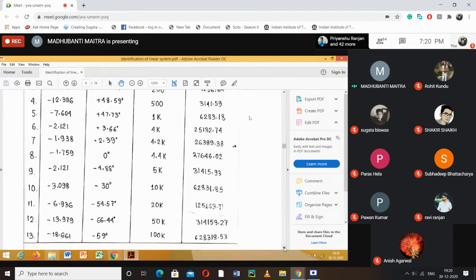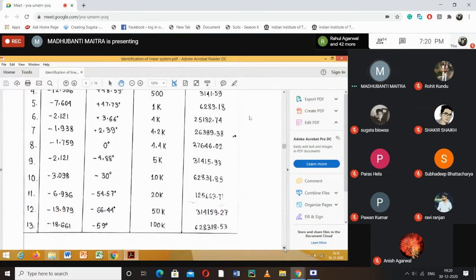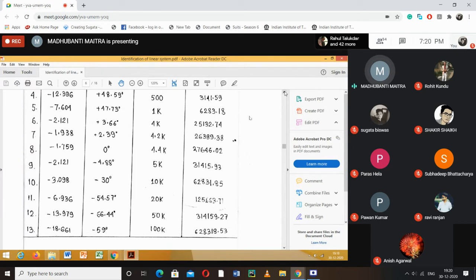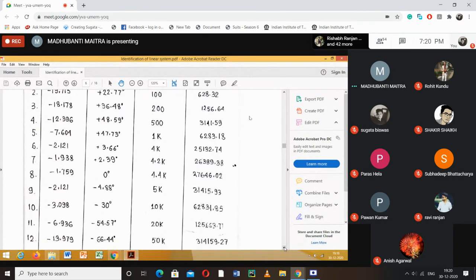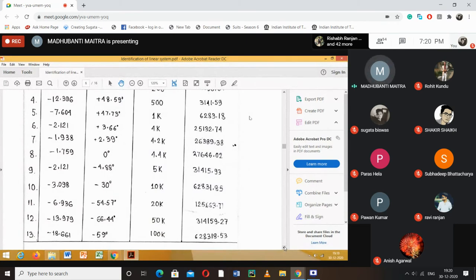That is when the dual channel oscilloscope is put in the normal mode, right? Over this wide range of frequencies, for plotting the Bode plot, we'll have to convert these frequencies into radian per second. So now we can plot magnitude versus frequency as well as phase angle versus frequency. At 4.4 kilohertz, you see the phase angle difference between output and input is 0 degree, so they're in phase. And after that, the output starts lagging the input.